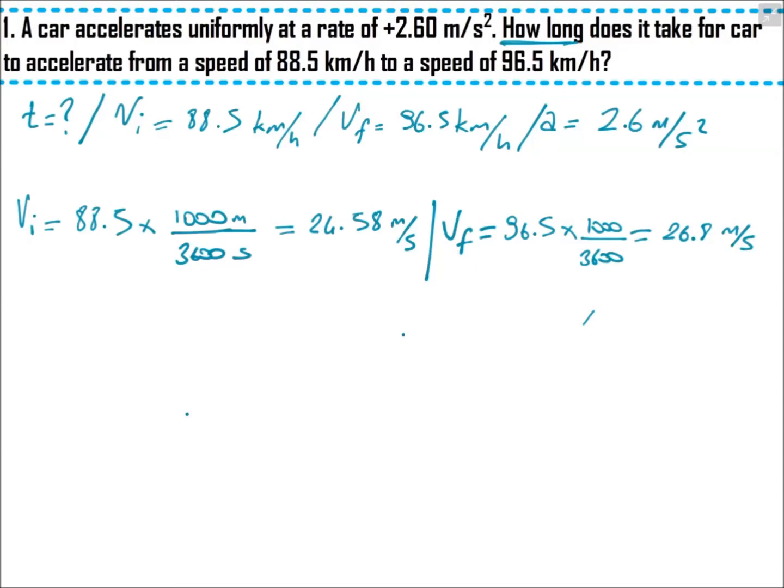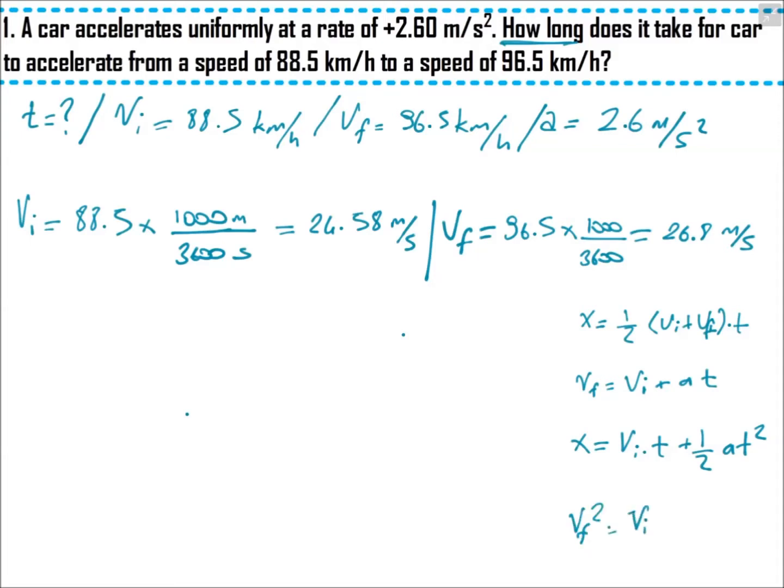The formulas about the time, I have x equal half v initial plus v final multiplied by the time, and v final equal v initial plus a times t, and x equals v initial multiplied by the time plus half a t squared, and finally v final square equal v initial square plus 2a x. I have to use one of this formula. I will use second formula because I have v final, I have v initial, I have acceleration, I can calculate